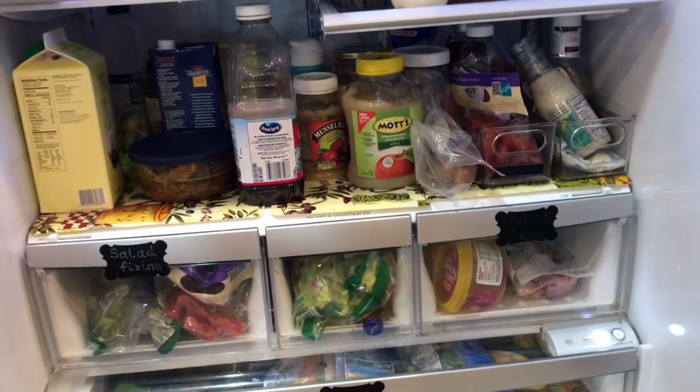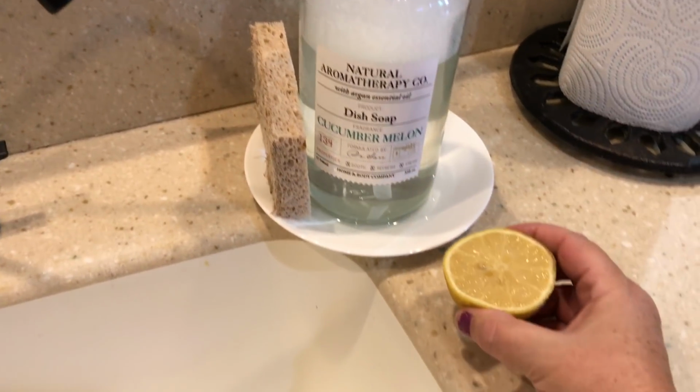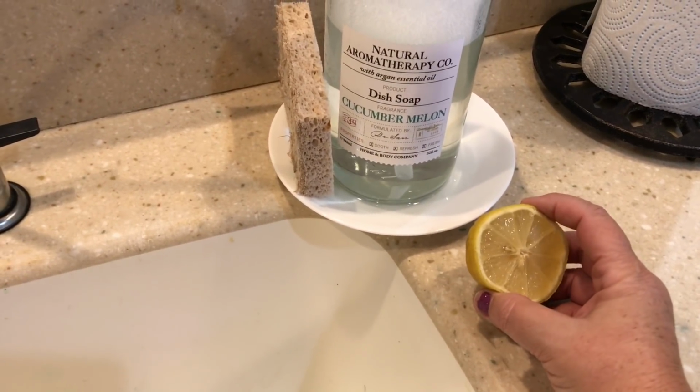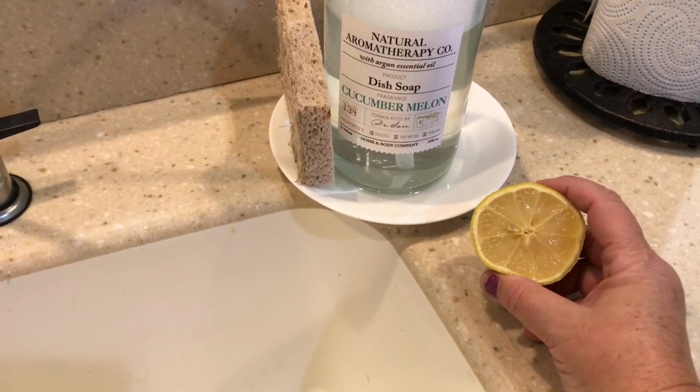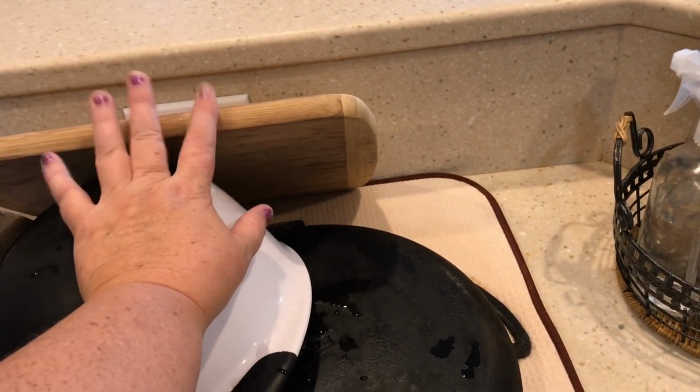the week. So it's a mess, and the freezer needs done too. So I'm just gonna start pulling everything out. Okay, so you saw me scrubbing the cutting board with this lemon, and then I sprinkle salt on it. I do that every once in a while, and then I need to put some mineral oil on my cutting